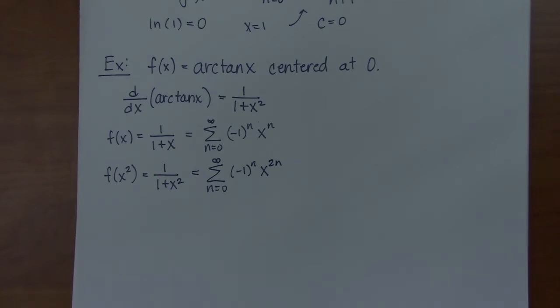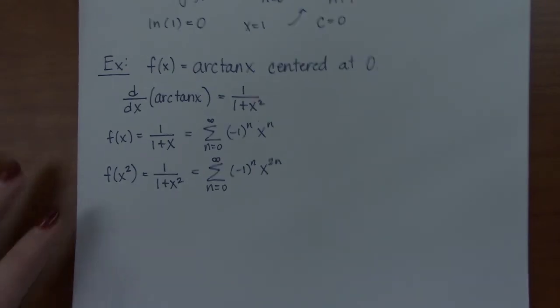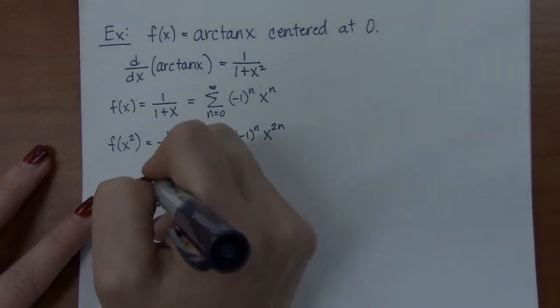So the reason I wanted to start with 1 over 1 plus x is very simple: geometric series. I could easily convert that into 1 over 1 plus x squared. And now I have the series for the derivative of the series that I want. So just like we did with ln of x, all I have to do is integrate this, and now I've got arctan of x. So if we integrate